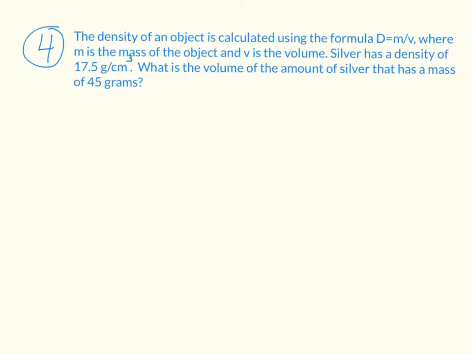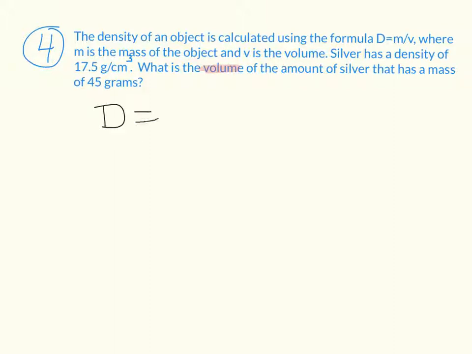All right, the density of an object is calculated using the formula density equals mass divided by volume, where again, M is the mass and V is the volume. Silver has a density of 17.5 grams per cubic centimeters. What is the volume of the amount of silver that has a mass of 45 grams? So a couple things you need to pay attention to is we're looking for volume. Okay, so when we have our formula,